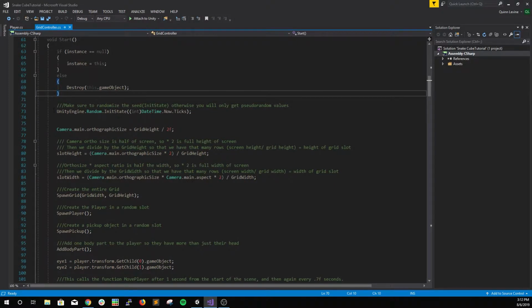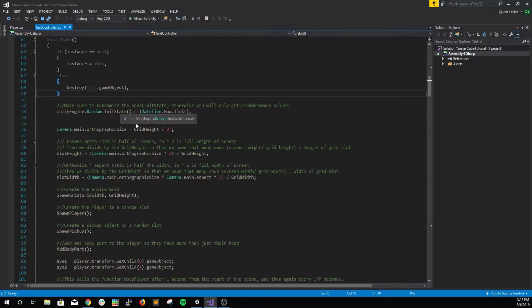Whenever you're using random values, you want to make sure you change the seed or the init state. This is so that you don't get pseudo-random, you get real random. If you don't change it, the seed stays the same, and so every time you run the application, even though it's random the first time, the second time it's using the same random calculation that you used the first time, and so it's going to give you the same, I say that with quotes, random slot value, even though it's not random because it's the exact same as the last time you